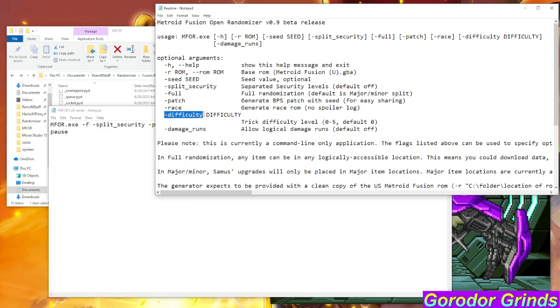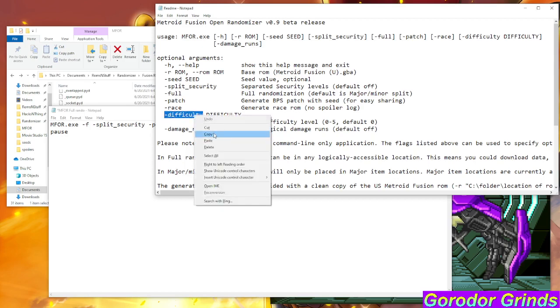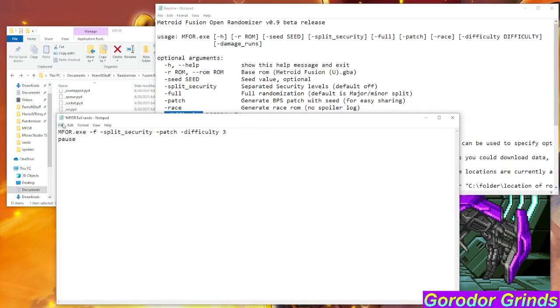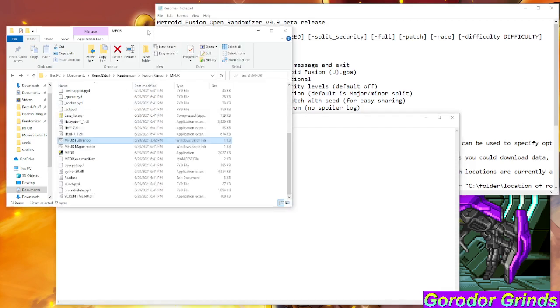Okay, and if we do this, it goes to difficulty, it's 1 through 5. Like I said, I don't know if it has to be in order. Let's do 3. But yeah, we're gonna add these. We're gonna save. And then if we hit the run,